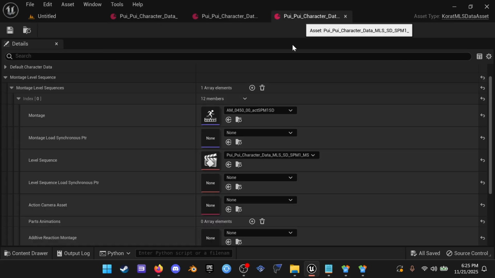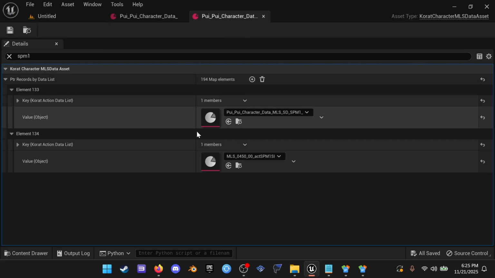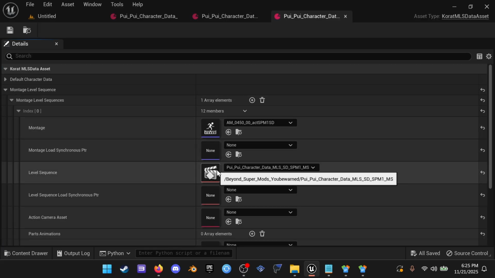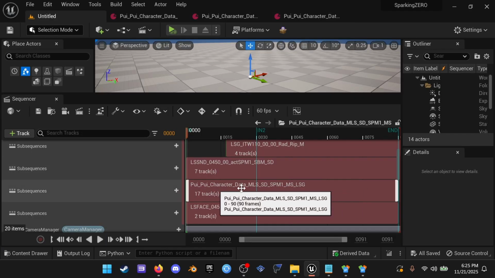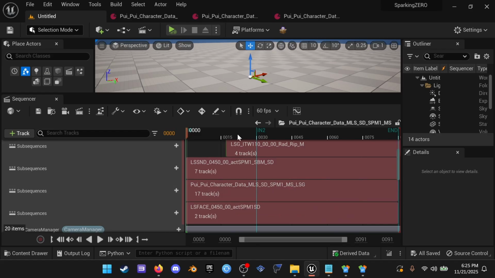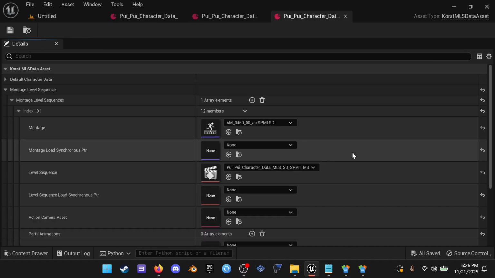Okay. So now you leave out of that. If you go into your special move 1 and then you go into your montage sequence, you still have your newly applied special move 1. Right? That's how you apply a new LSG for your attack. Now, one helpful thing that I like to do is first know what kind of attack I'm trying to recreate or create and what I might want to base it off of, something that may be similar to something that's canon to the series